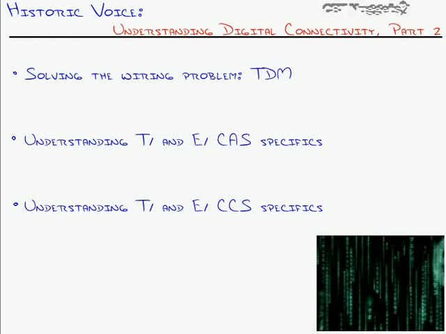Well, that'll be what we talk about with time division multiplexing. We'll then look at the specifics of T1 and E1 CAS and CCS connections. Now, if you come from the data world like me, when you think of CAS and CCS, you think, okay, I either get 24 channels for my data or I get 23. Well, duh, why not always go with the 24 to get the bonus channel? Well, in the voice world, that's not always so. That's actually most of the time a false assumption. So we'll talk all about that, the difference between CAS and CCS and ISDN connections.